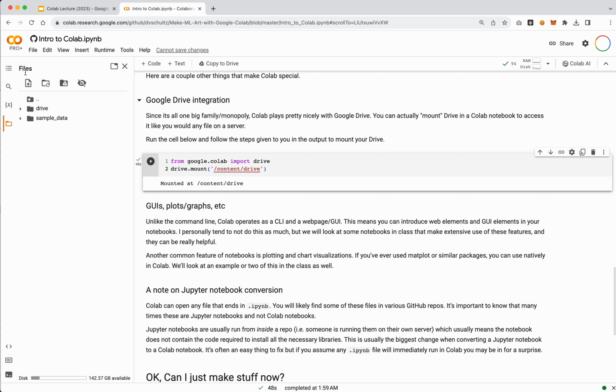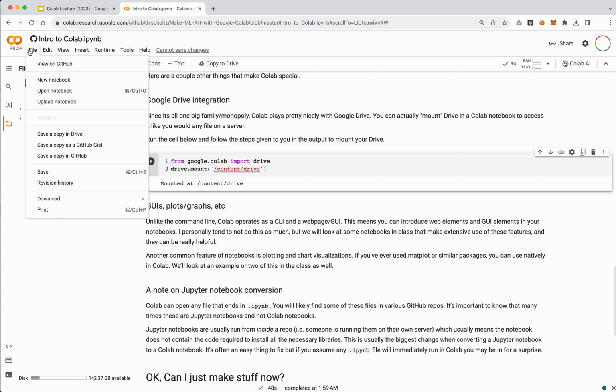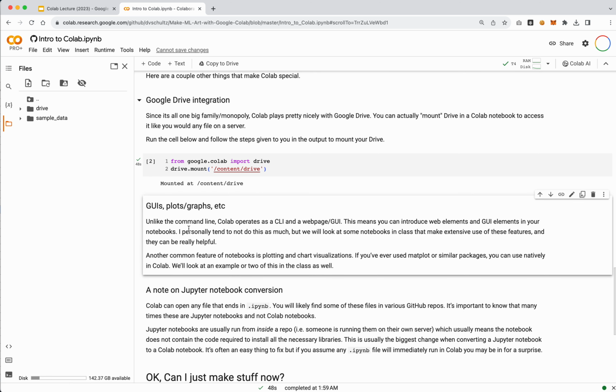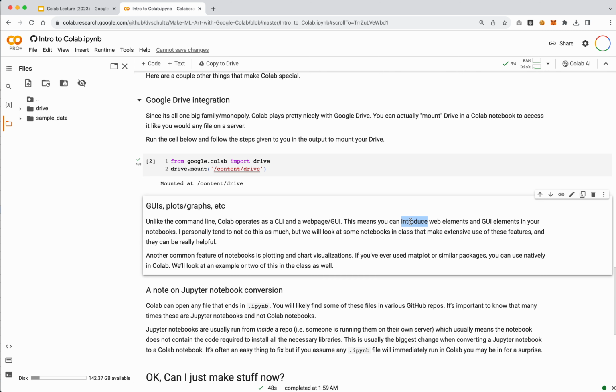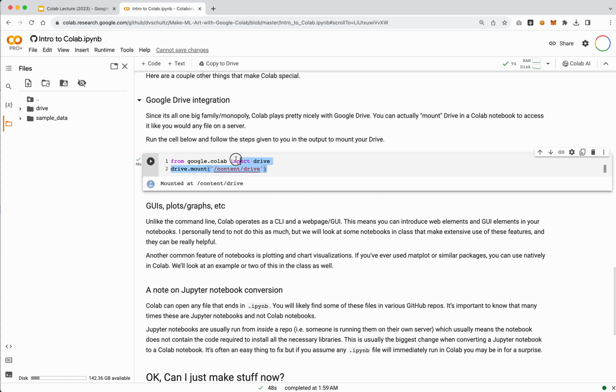Now, there are other things you can do here, like say you want to make a copy and add additional notes to it. Say my notes aren't good enough, you want to add your own. You can use Save a copy in Drive. That's going to duplicate this file, and then you can add your own notes. The way to add your own notes into anything is to double click onto this text cell, and then you'll see this is Markdown. You can add code, make things bold, add italics, add links, etc. And then you can double click on the text section to close that cell. Likewise, with these cells, you can just edit anything inside of them. I believe those are really the main tools I use.